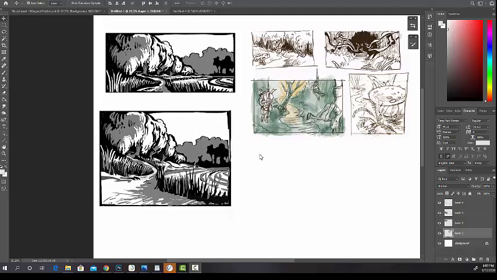Hello, this is a thumbnail demo. As you can see, the thumbnails on the right are the usual mealy pencil line drawing thumbnails that I often see and sometimes do myself. It's good for describing, sort of fishing around for ideas, but really not that dynamic in terms of light and